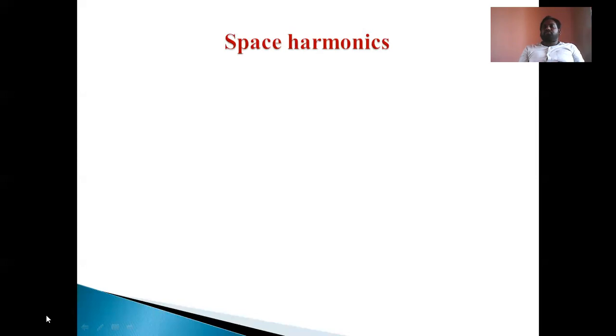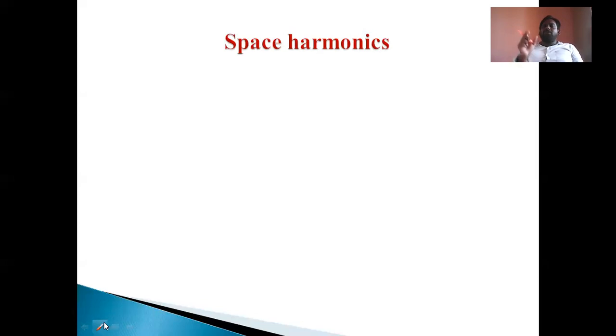One more important thing is that there is an air gap between stator and rotor. For example, if you observe the salient pole synchronous machine, the air gap between pole to pole and stator to rotor is not uniform. Due to the non-uniform air gap, reluctance is also non-uniform. When non-uniform reluctance is there between stator and rotor, non-linear flux distribution takes place in the armature winding region of the stator of the alternator.